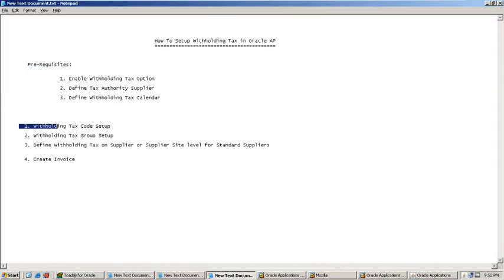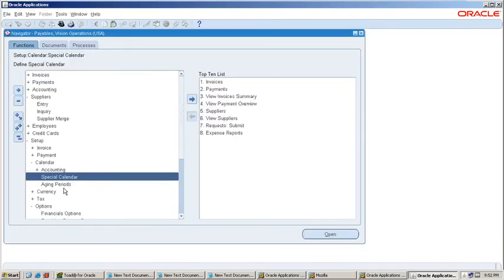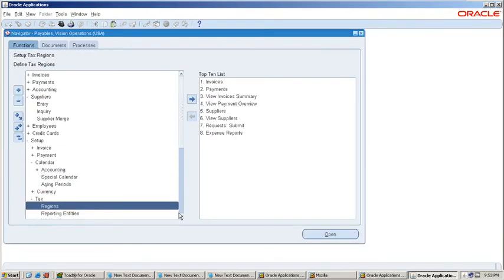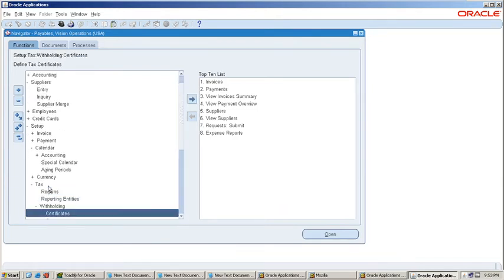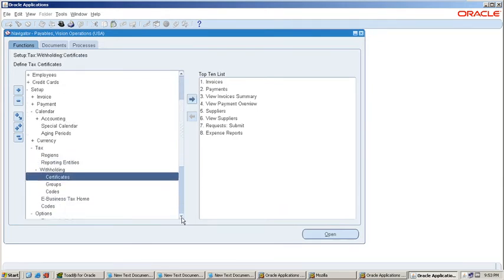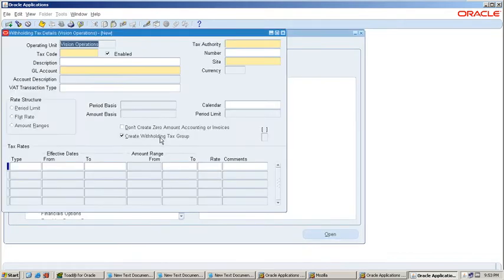Now, let's set up a tax code. Go to taxes, withholding codes. Now, define the withholding tax code. Whether you want to apply 20% or 10% TDS, whatever it may be.